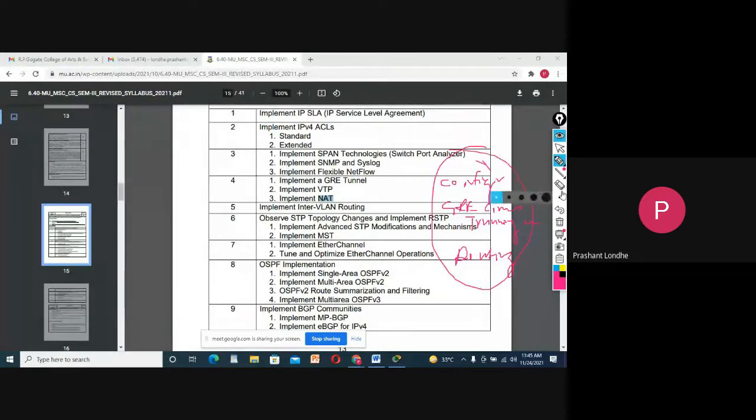So we are supposed to do these three things today. So let us start. We have three parts to do: implement GRE tunnel, implement VTP, and implement NAT.